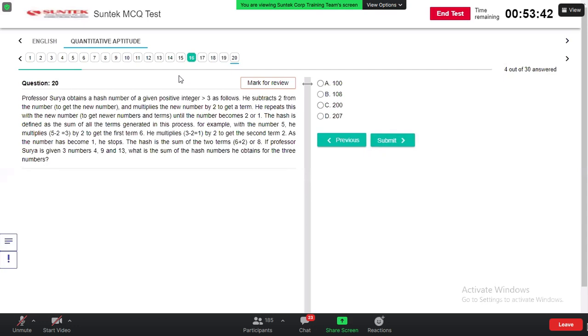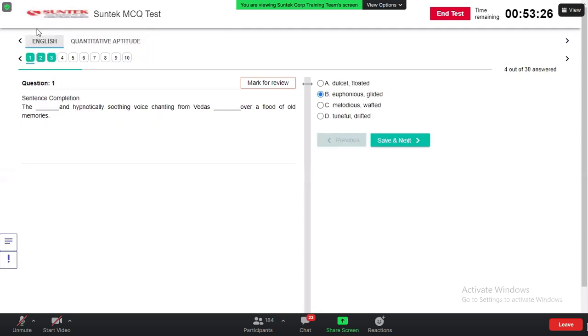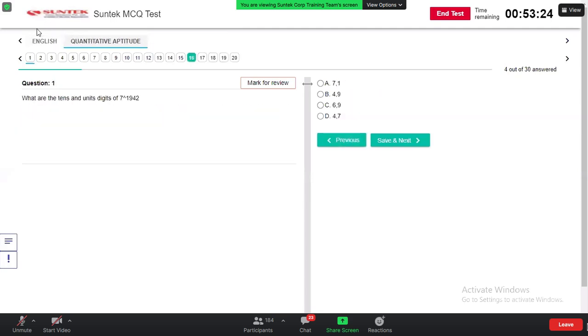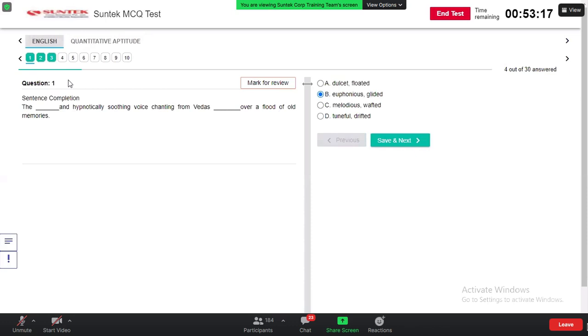Yeah, in the exam we cannot switch between English and quantitative. For this demo purpose, we have included it. Okay. So guys, one update is we are having a different section and timer for English, and a different timer and section for quantitative. So you cannot switch and you cannot attempt as you like. That is the one update. And whatever we are telling now, we'll again put in the instructions also. Don't worry about it.